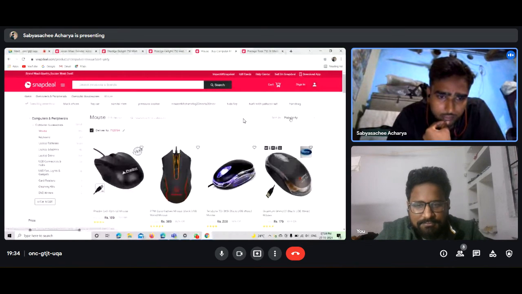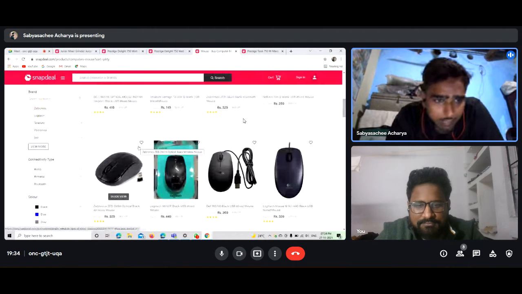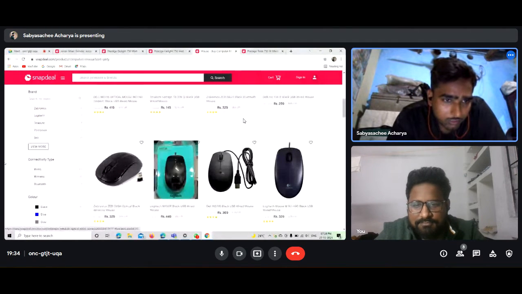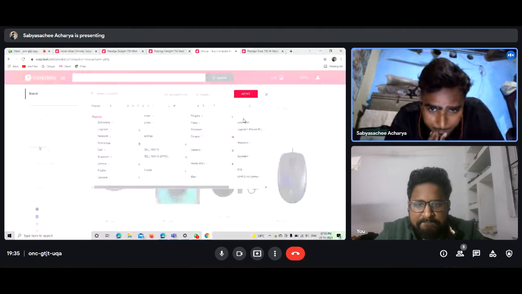So first I'll go for, actually I know Zebronics, HP, Dell, those company brand mice actually work well. So I'll go for that. Yes, I found Zebronics.